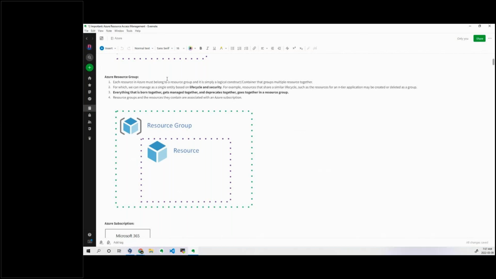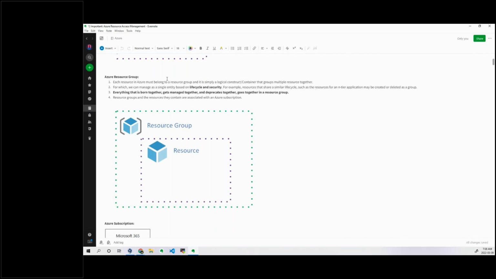I want to manage all these four services together. Tomorrow if I want to update something, or access it, or provide some authorization, I can put all these four services under one umbrella. That is called a resource group. You create a resource group, and under that resource group you create these services. A resource group is just logically representing your four services, and all of them are managed under that resource group.